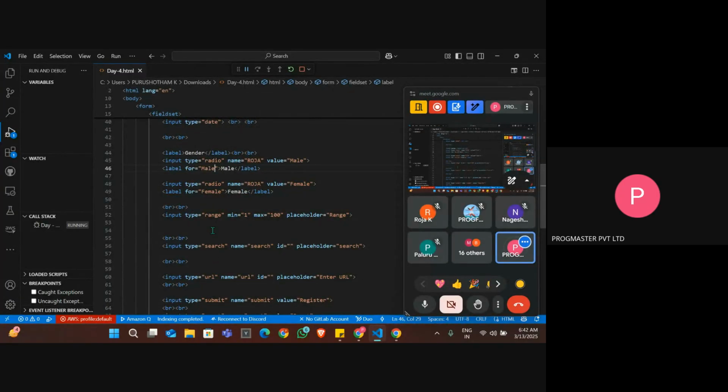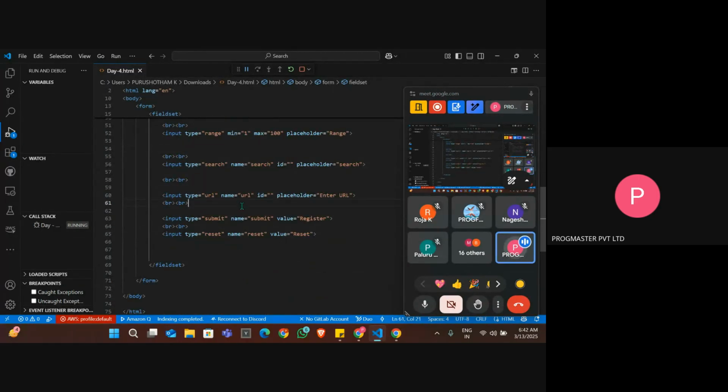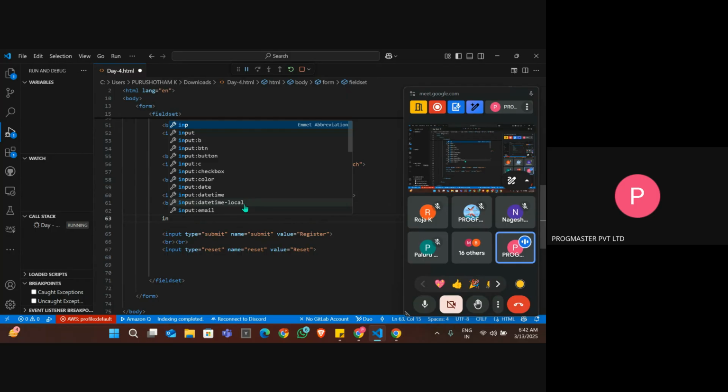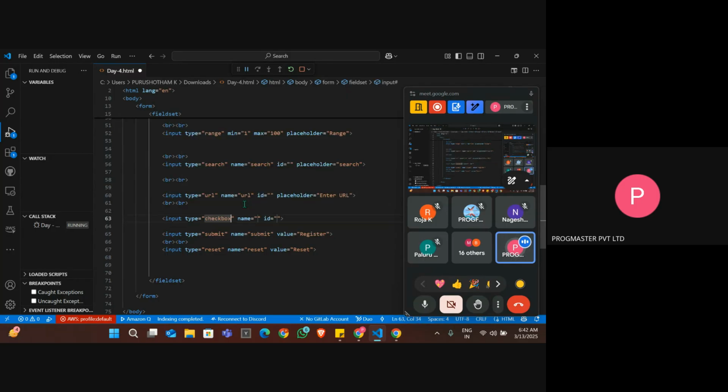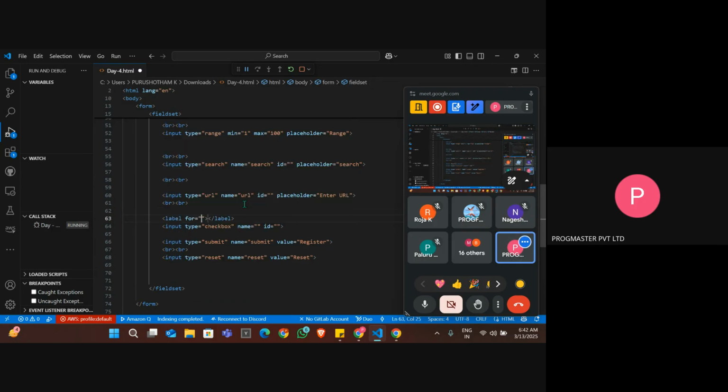Yes, we missed the checkbox here, right? Input type equals to checkbox. So what can we do? We can put a label here. Label. Let's take